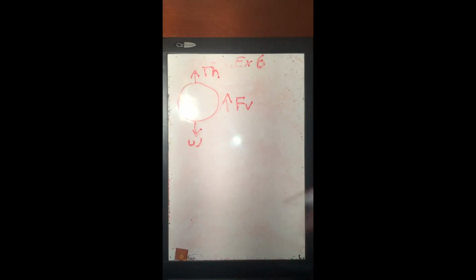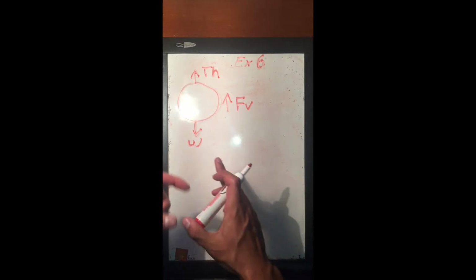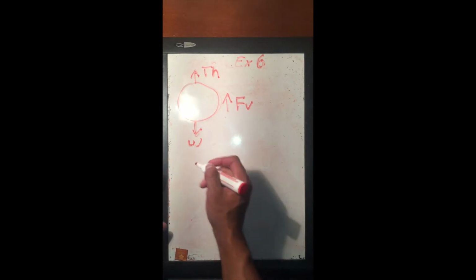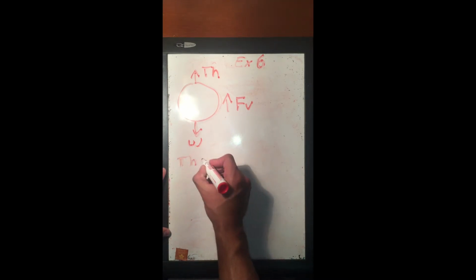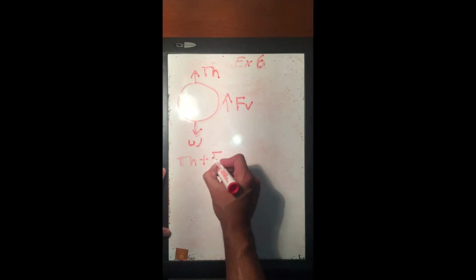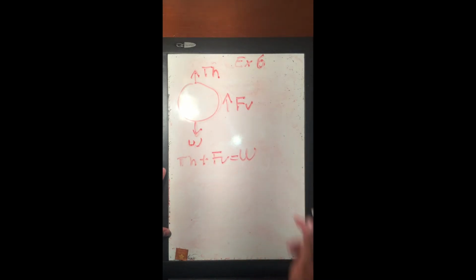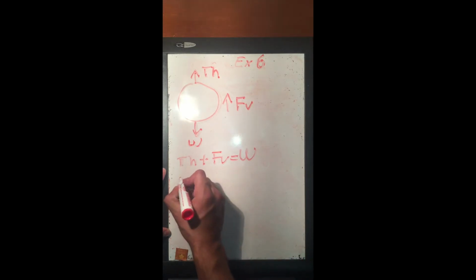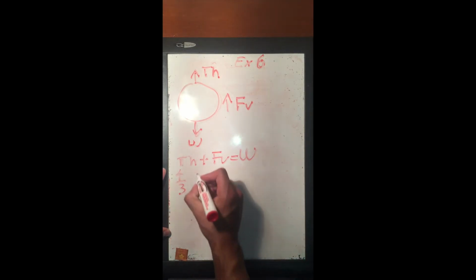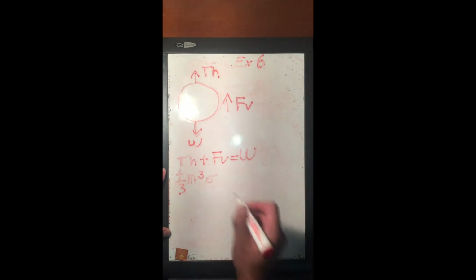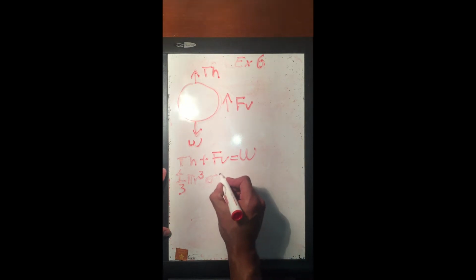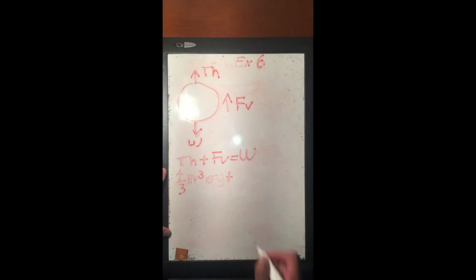Knowing this, we can obtain the formula: upthrust plus viscous force equals the weight, which means 4/3 of pi radius to the third times the density of the liquid, times gravity, plus